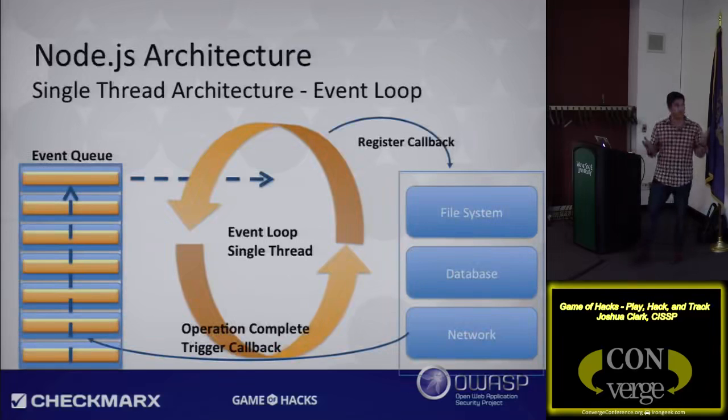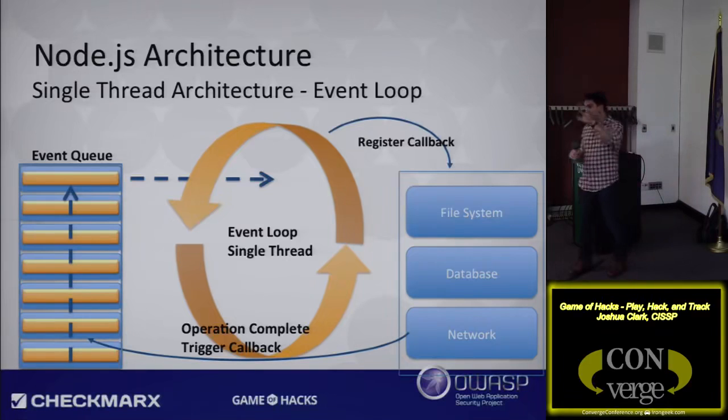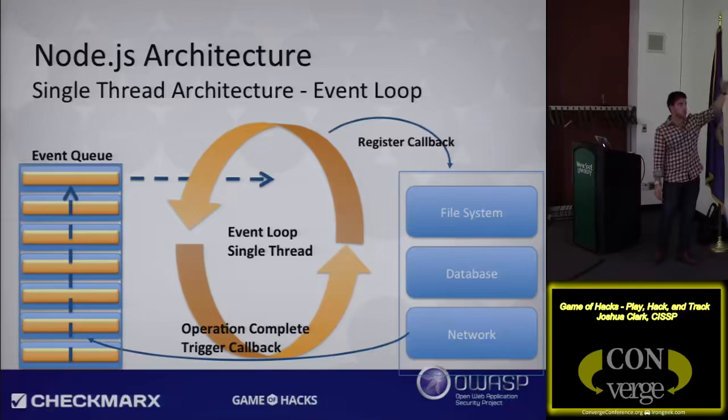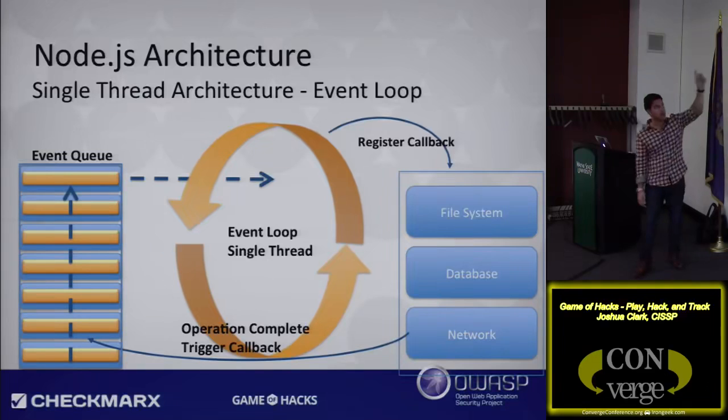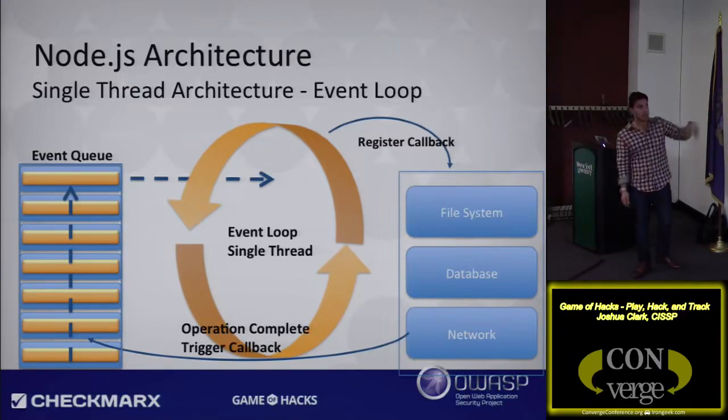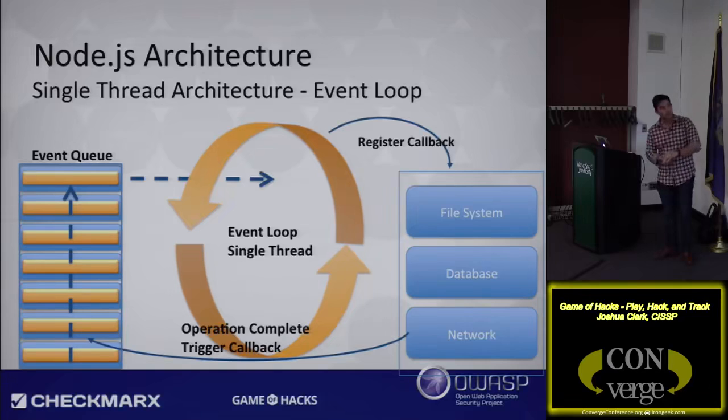Basically, this is the architecture of Node.js. It's a single-threaded architecture, so basically one thread for every Node.js process. What you have here is an event queue with events. There's a constant loop here. It's a single-threaded loop that listens for these events, which pop off, and it can do specific operations. It might be file system I/O. You might need to talk to the database, write something to the database. You might need to do a network call. Any of those operations basically registers a callback, and then that callback goes to the queue and gets triggered as it goes around the loop.